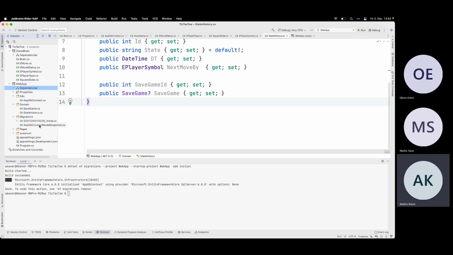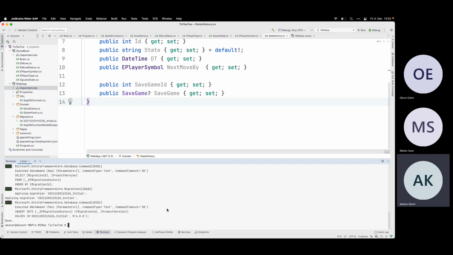So I got my migrations. Hopefully everything is okay. So let's run it. And that one went okay. Okay, let's actually probably need to do it again.